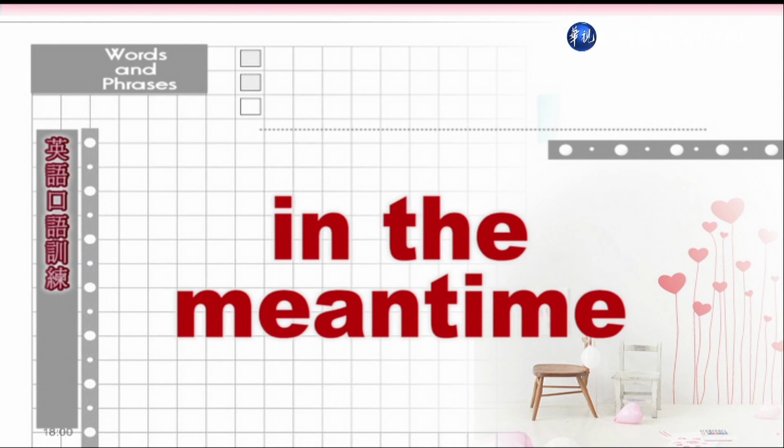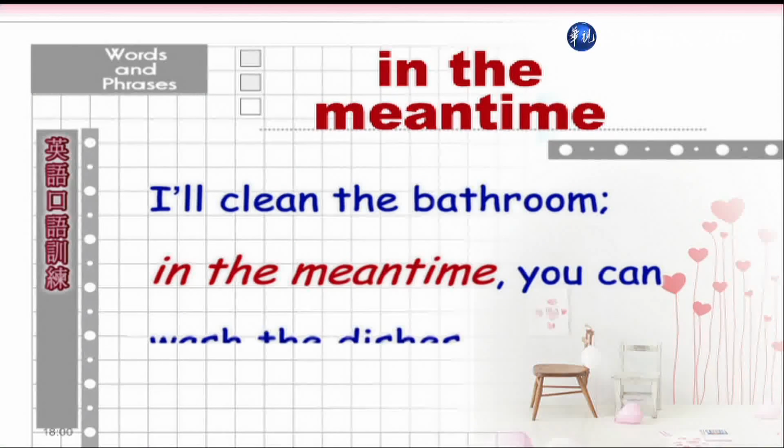In the meantime, 在此的同时， I'll clean the bathroom. In the meantime, you can wash the dishes. 我会来清浴室。那么在此的同时，你可以去洗碗。